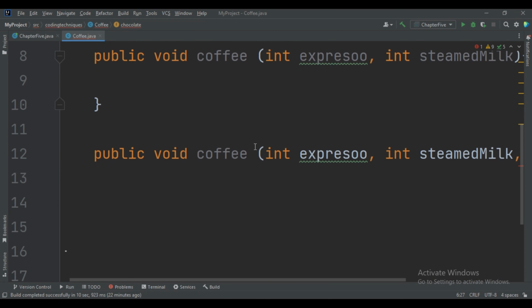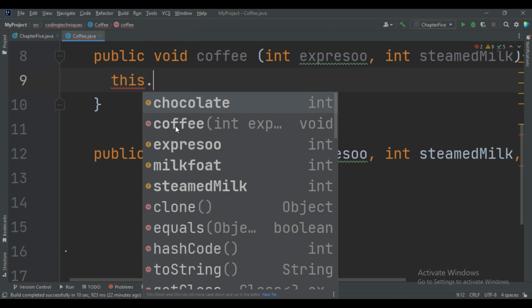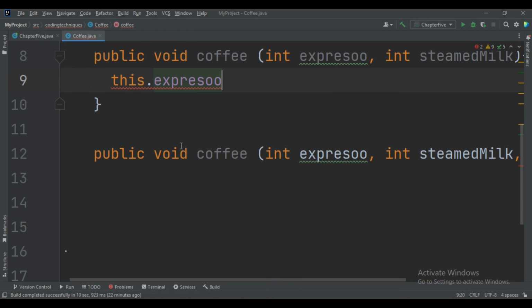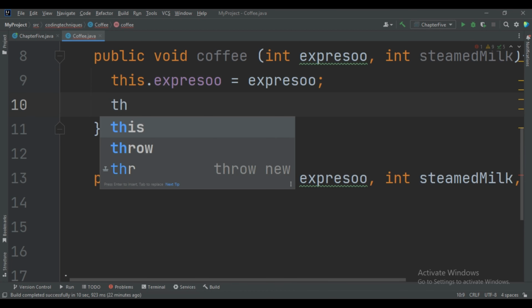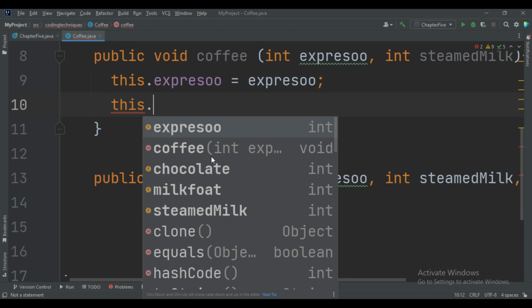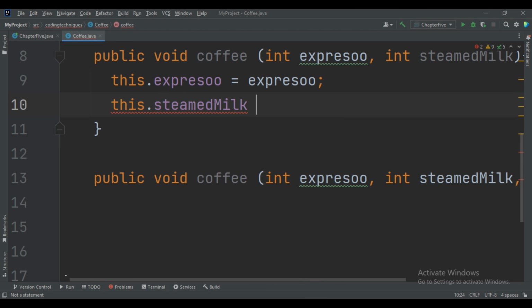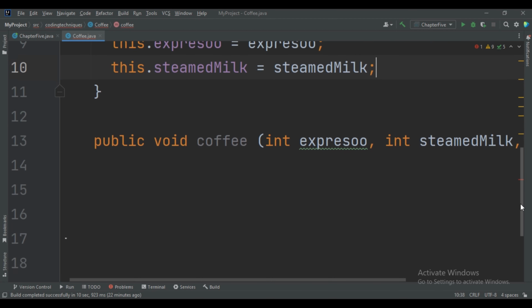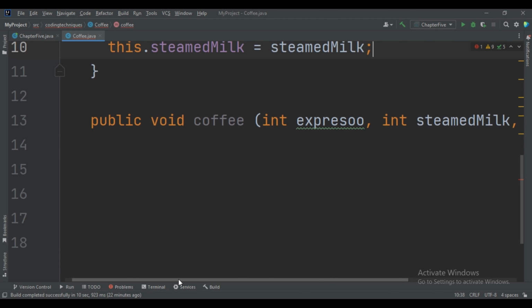Now let's see: this dot espresso equal to, this dot steam milk equal to, okay, for this method,